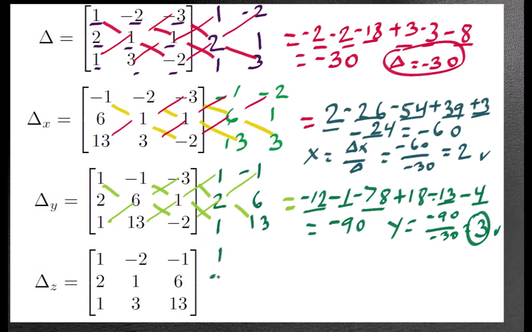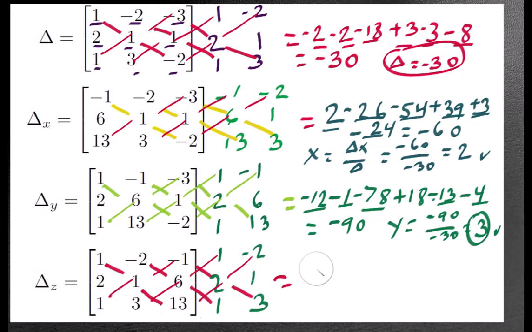Remember, when we use advanced matrix calculation, we can use cofactors. But since this is just one sample here, we just limit ourselves to this type of calculation. So we repeat the same thing here, and what do we get? We get 13